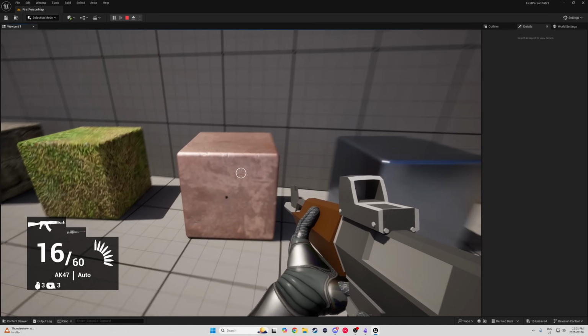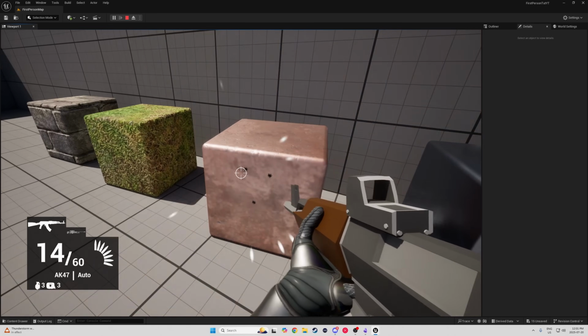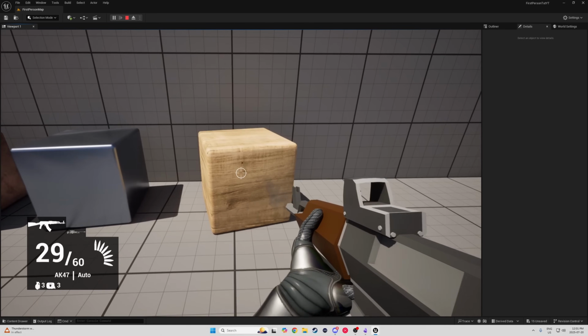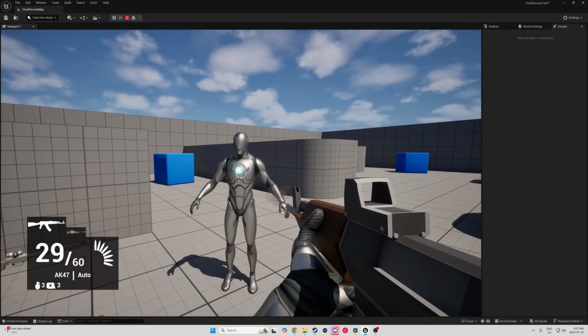Would you like to add bullet holes and impact effects into your shooter today? Great, because that's what we're doing in today's video. We're going to be taking physical assets, setting the physical assets in the world. Then when you shoot that particular surface, it will spawn a unique decal for that material and an impact effect